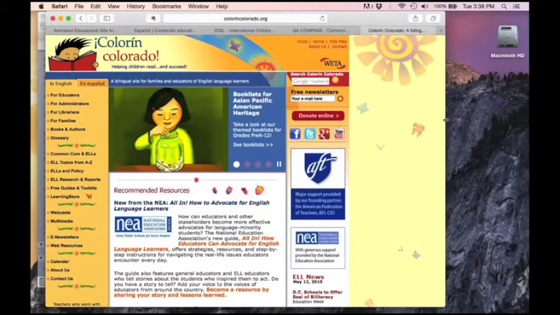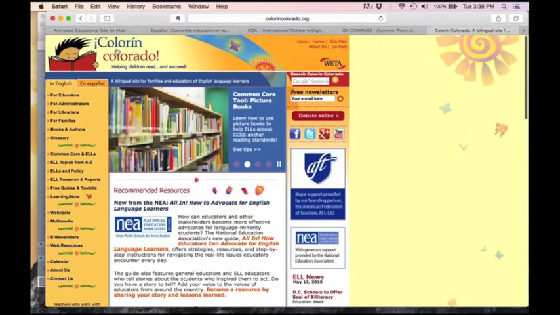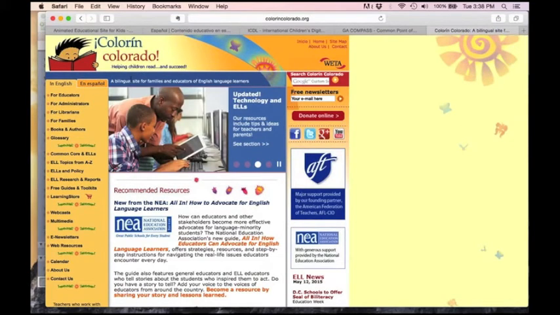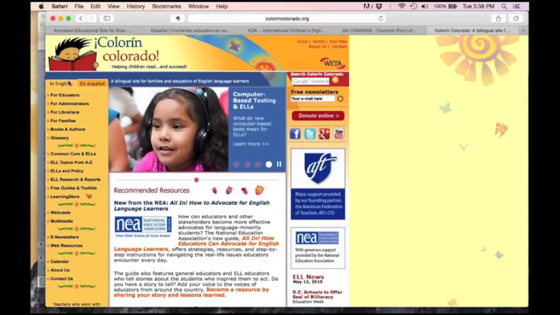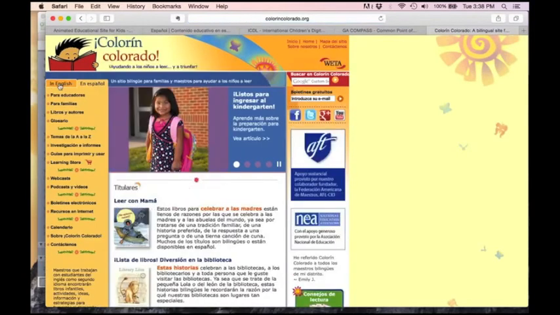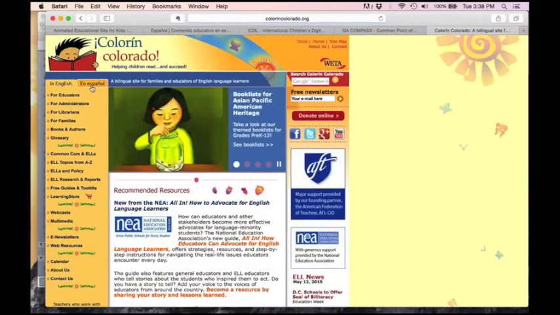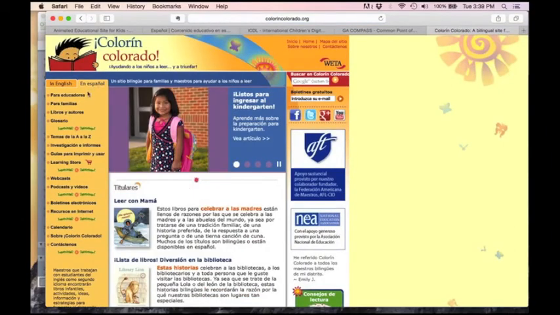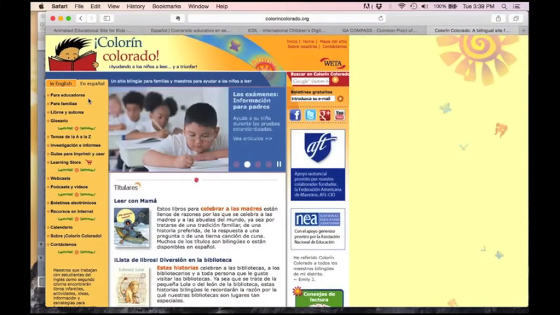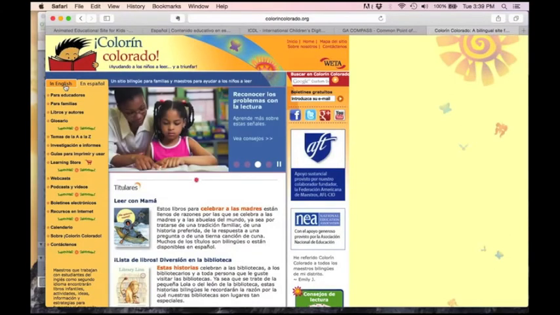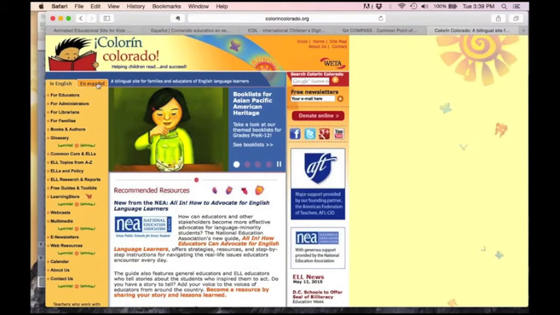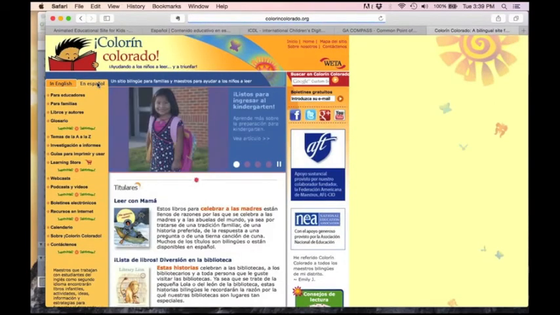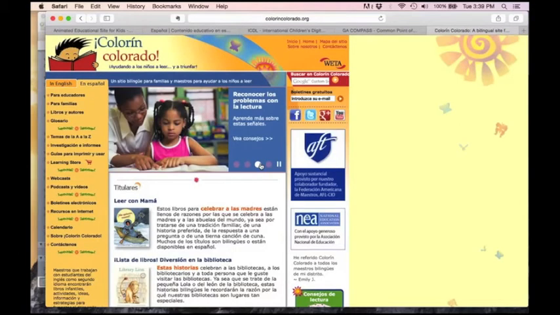So Colorín Colorado, and this is going to be in the PowerPoint. It's a website that is bilingual, and it's a good example of navigation in English and Spanish. So you have English content and you have Spanish content in parallel tabs, but also the content is specifically written for Spanish speakers. Actually, the tables of contents are not parallel. The content that you see in English is going to be different from the content that you'll see in Spanish, and then the language, the jargon, because there's a lot of description of academic practices.